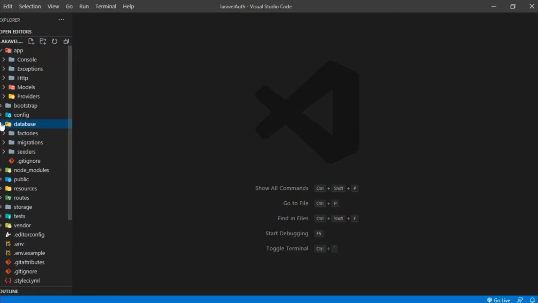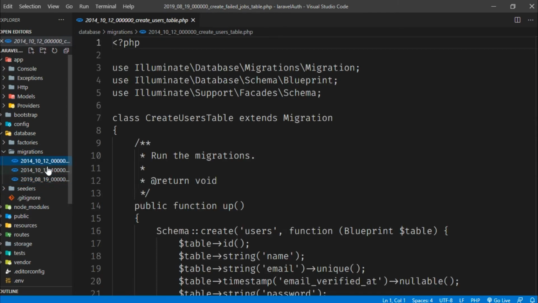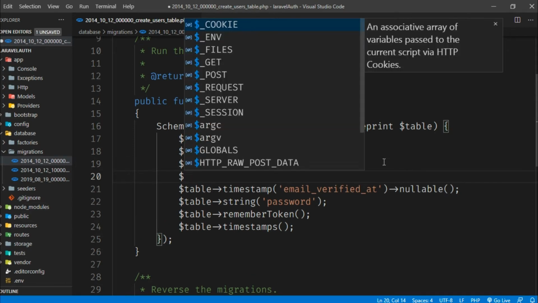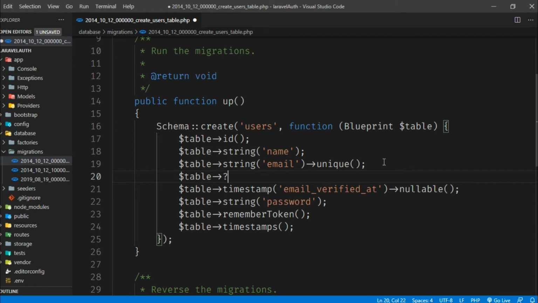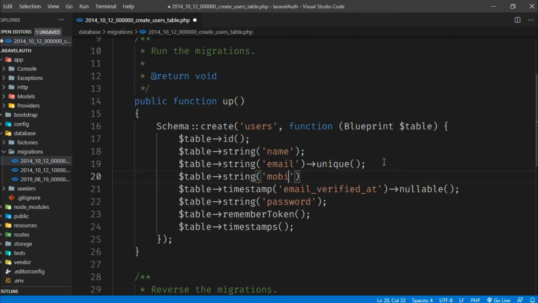Now let us first go to the database migration. Okay, this is the table. It shows that it is a users table and we want to add another column, a string of mobile. Okay, this is the thing.